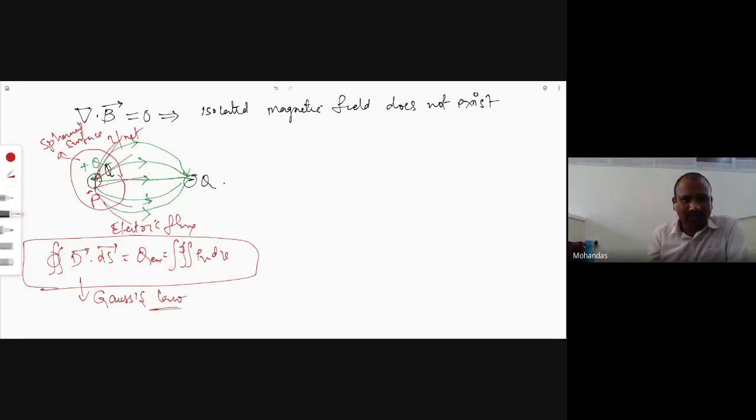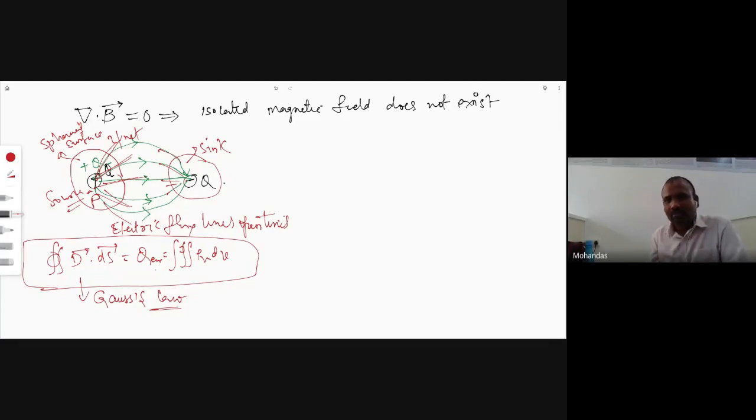Only the electric flux lines are leaving. And if you take a closed surface at the negative charge, all the flux lines are entering. It will act as a sink, and the positive charge will act as a source. Leaving and entering, source and sink. But because the electric flux lines start from the positive charge and end at the negative charge, these are open lines, not closed lines. Okay?